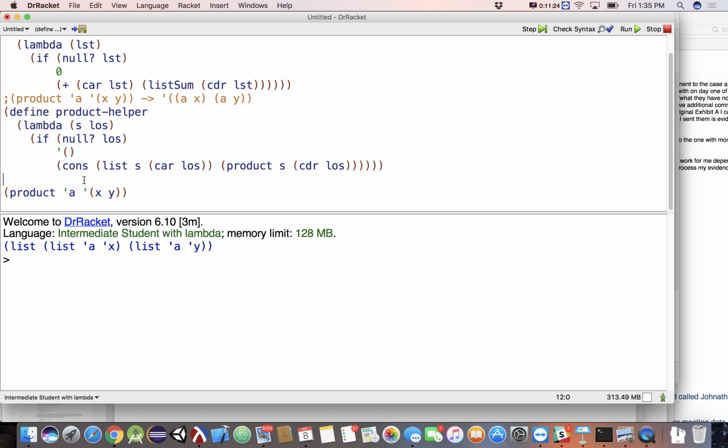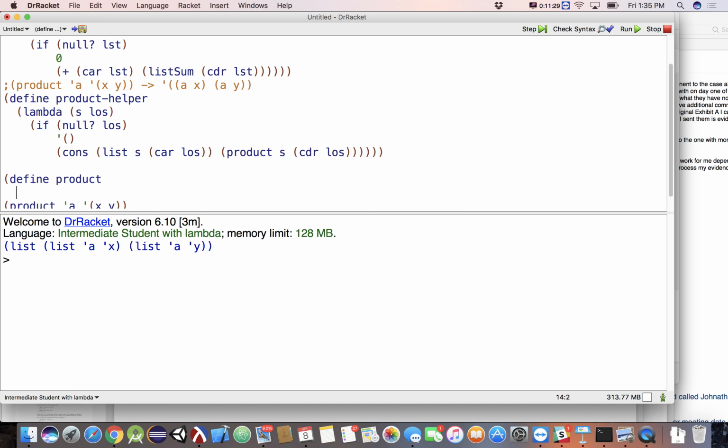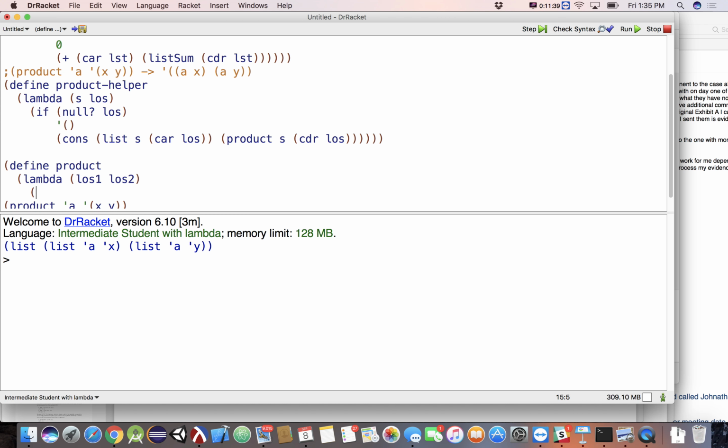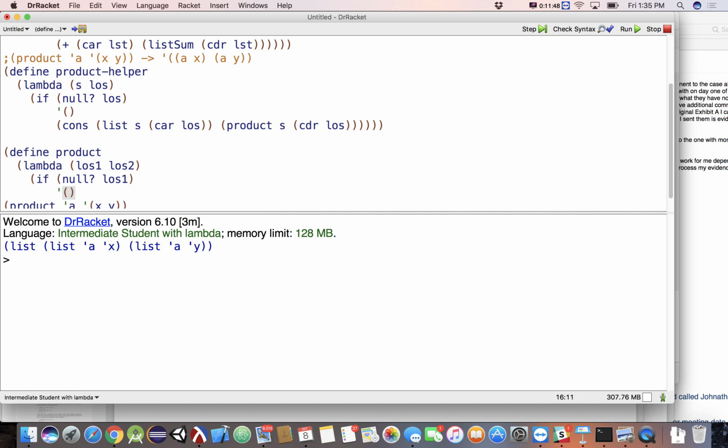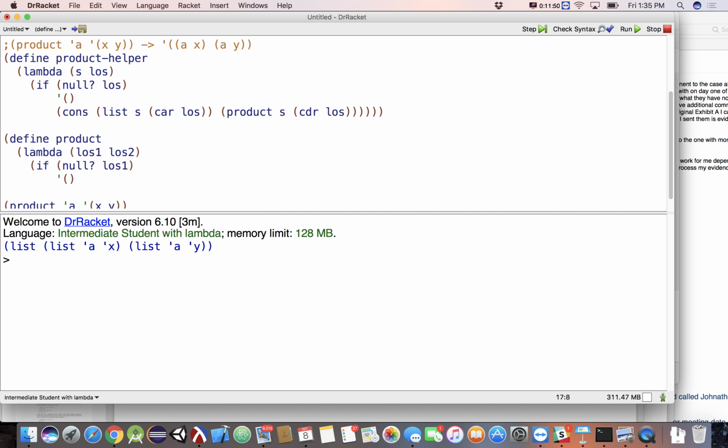Now, if I then write a define product to be a lambda that takes in a list of symbols 1 and a list of symbols 2, and I ask the question if null list of symbols 1, return the empty list. It's a normal pattern, right? Else, and this is where things get a little sketchy.